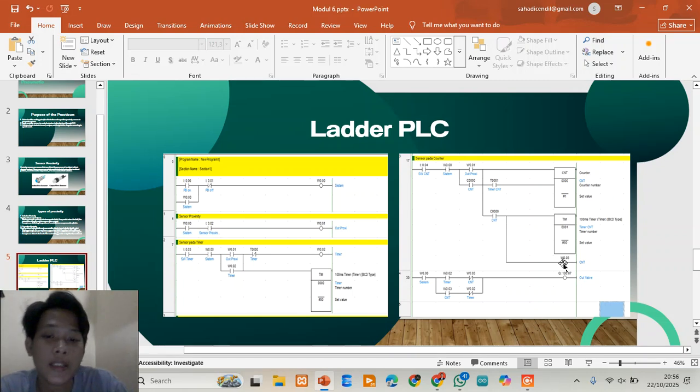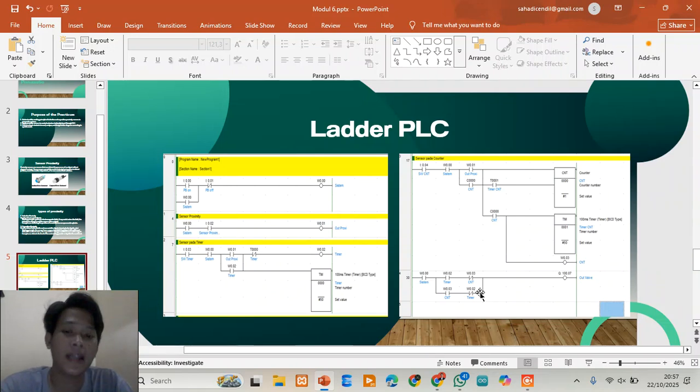And now the final ladder diagram. In the final ladder diagram, the control logic for the output valve is represented by Q0001. The conditions required to energize the valve are V000 for system on, V002 for timer on, and V003 for counter on.